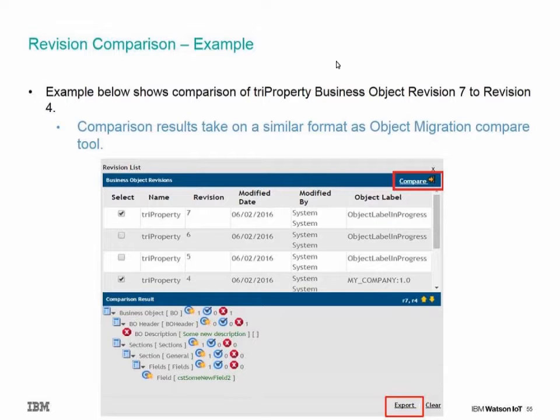the time I applied that label to this object, I've also made 3 new modifications. So you could see revision 5, revision 6, and revision 7 here. And here I chose to compare revision 7 to revision 4, and then below the results you see the comparison report. And as mentioned, this does take on a similar format as the existing